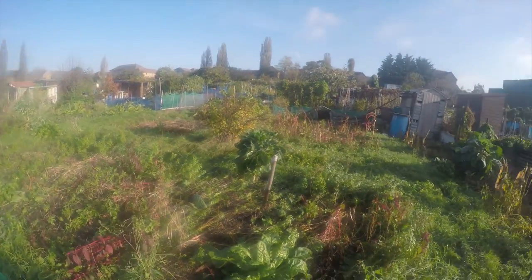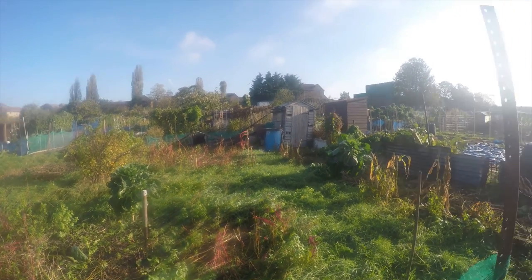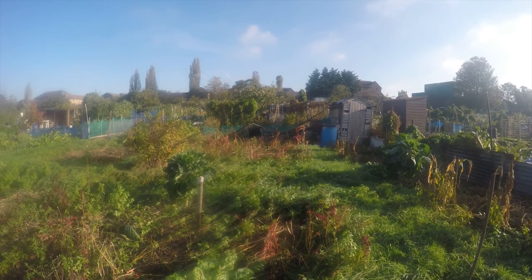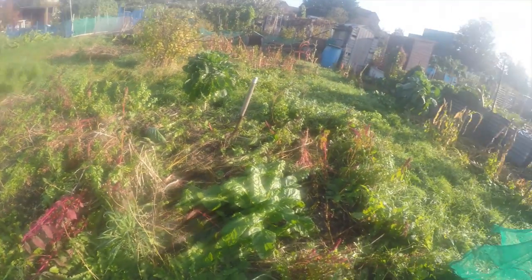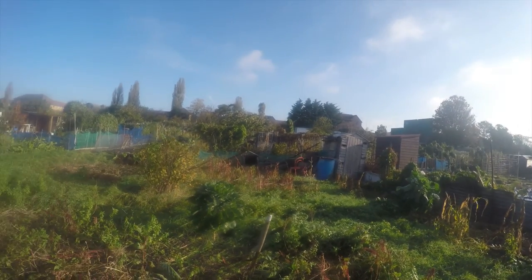Now, this is also one of my favourites. I don't think this was an allotment, but he does more like permaculture. He grows all the stuff together, so his pumpkins will run along here, and you will have the callaloo, and you will have the spinach, and you will have the corn, all growing together. It's really easy to manage